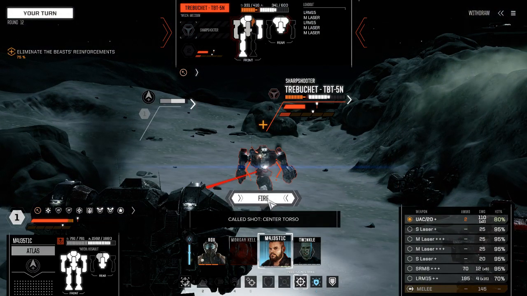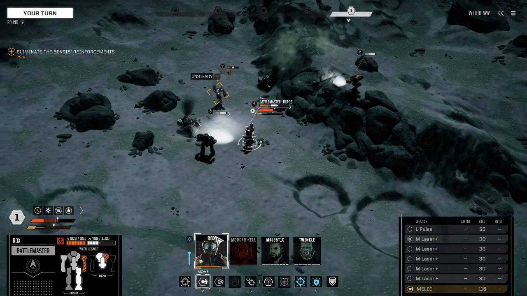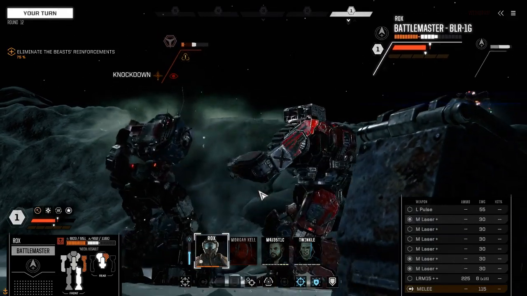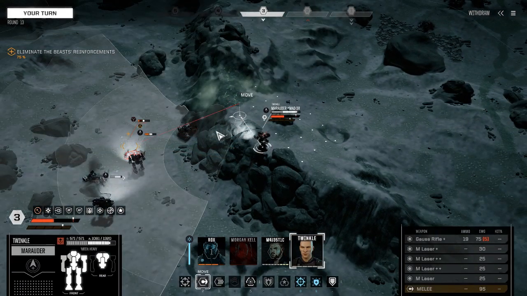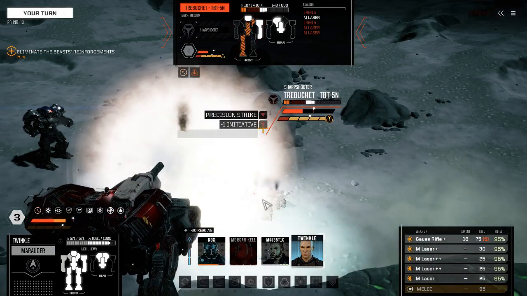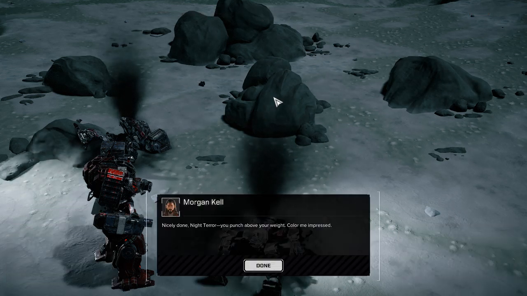All right. Let's just use our last AC-20 barrage. Didn't finish him off. Let's finish this off with some melee. Hopefully. No. Yeah, we got knocked down though. So that's fine. Let's see if our MVP can finish this off. Yeah, we'll just go for the center torso. All right, there we go. Lesson noted, never not take my Gauss rifle on a mission, ever. Although I will have to say the